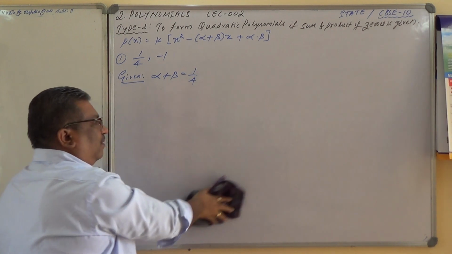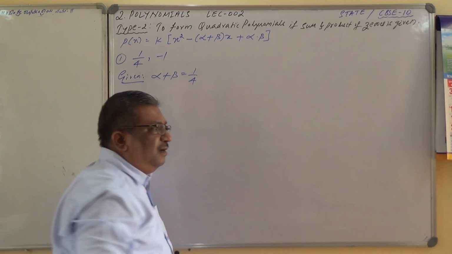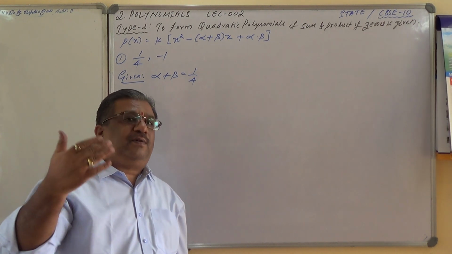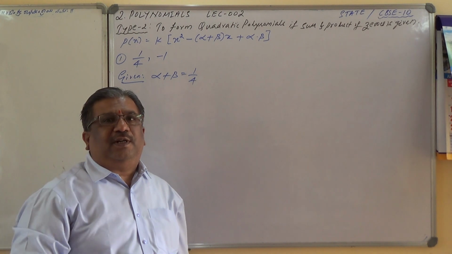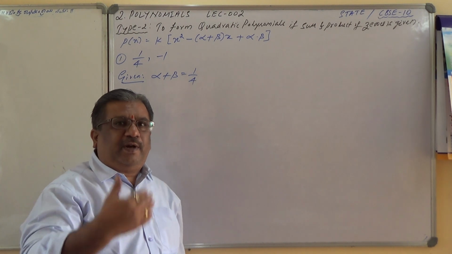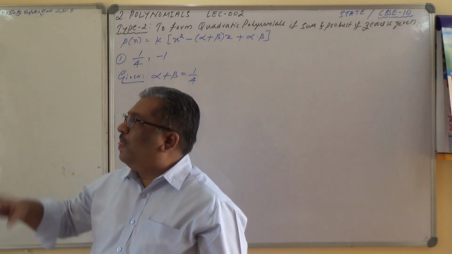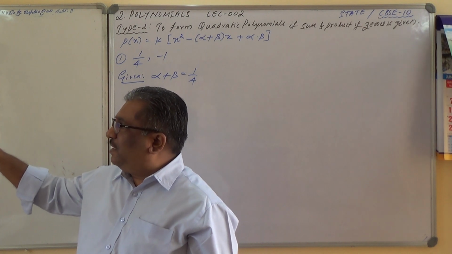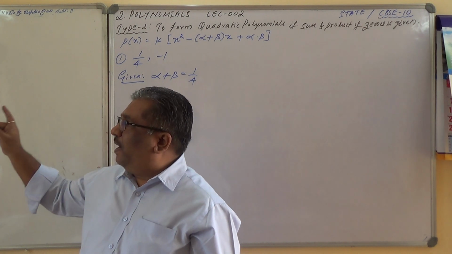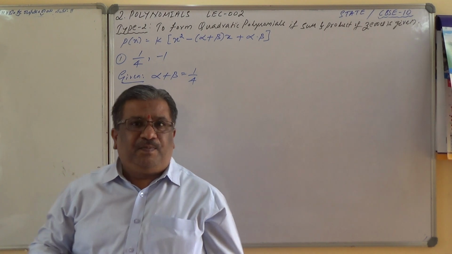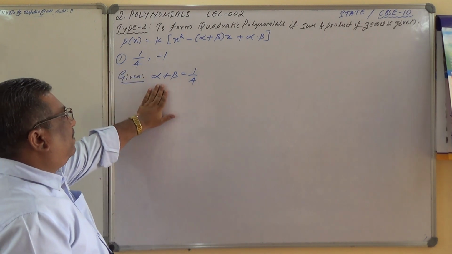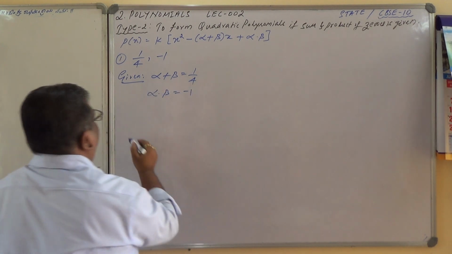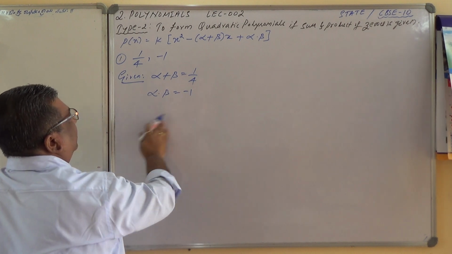So you must be very careful. In order to form the quadratic polynomials, whether the zeros are given or the sum of zeros and the product of zeros is given, that is most important. You must keep in mind. Therefore, we have to read the question very carefully. Here I am reading: find a quadratic polynomial each with given numbers as sum and product of zeros respectively. And therefore, sum alpha plus beta is 1 by 4 and product alpha into beta equals minus 1. Therefore, the polynomial is given by,